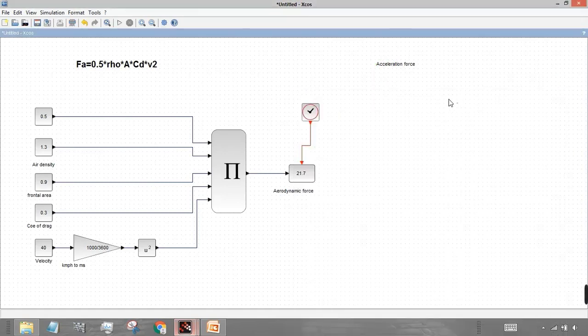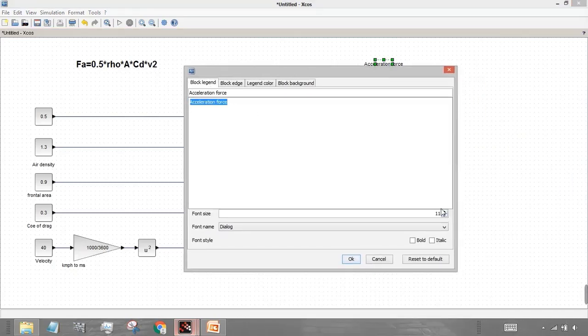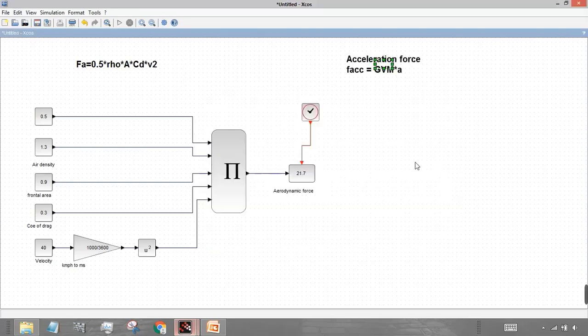It's not selected, so I'll just Ctrl F2 and then just increase the size to 20 and bold. So I'll just write the formula. F acceleration is equal to gross vehicle mass into acceleration. So bold and italic.